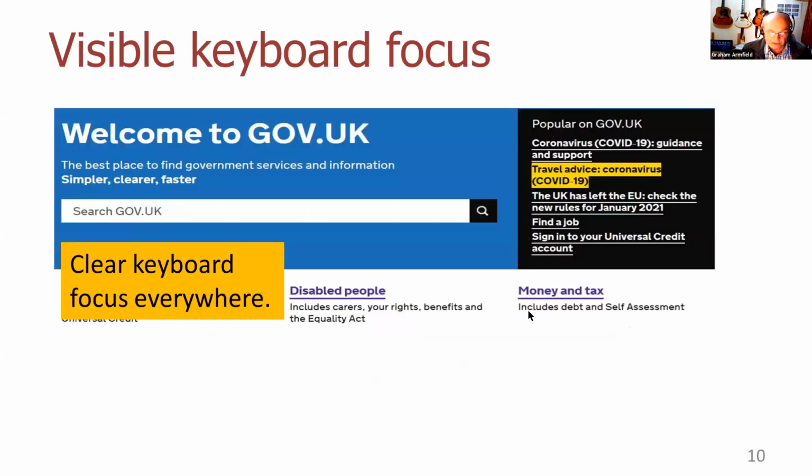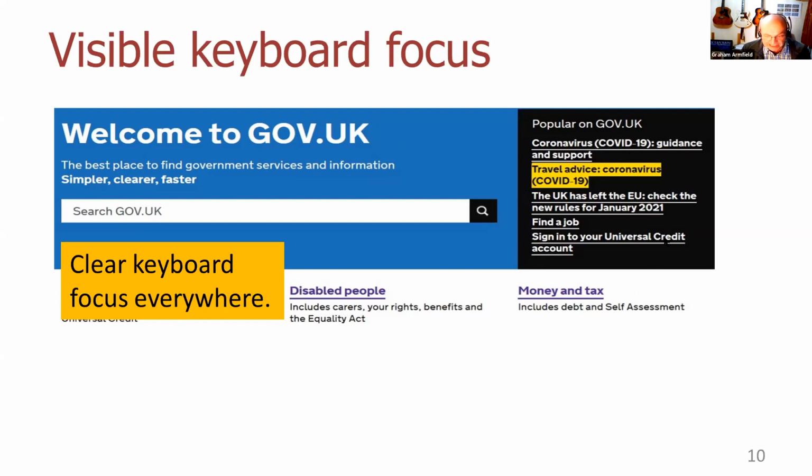Admittedly, not a WordPress site. gov.uk is a well-known site in the UK, and it contains a vast resource for everyone. Information about government, local government, finance, tax, disabled people, education, and what have you. And yes, they've got a lot of stuff on coronavirus at the moment. And it's won prizes, this design.